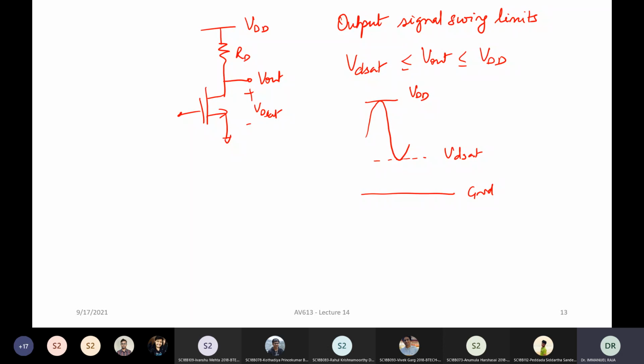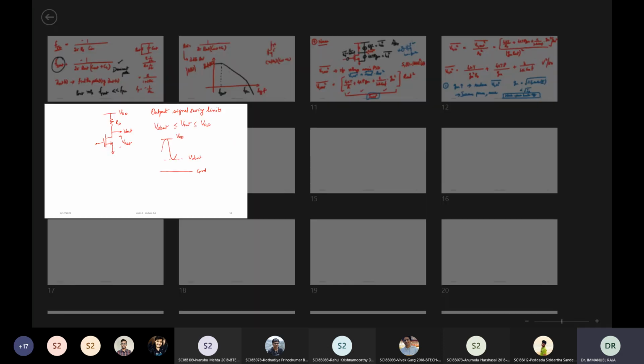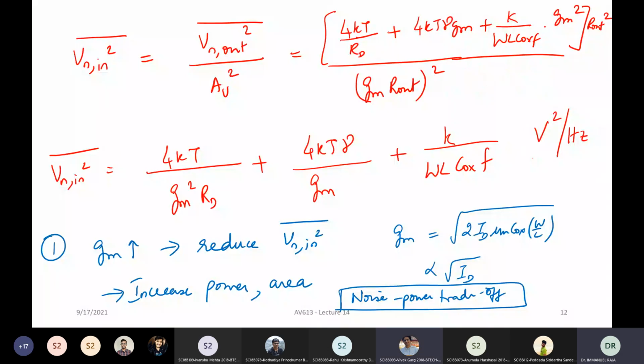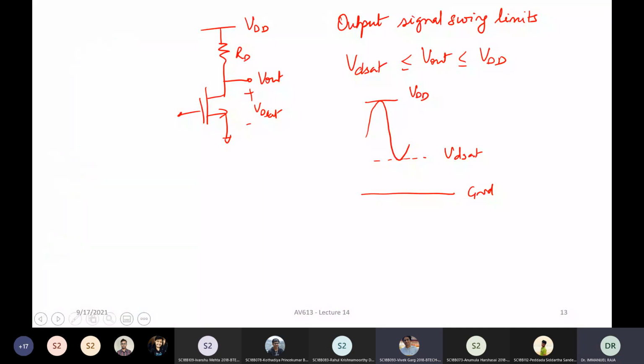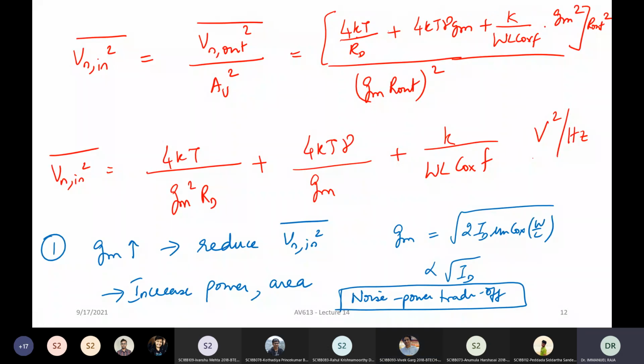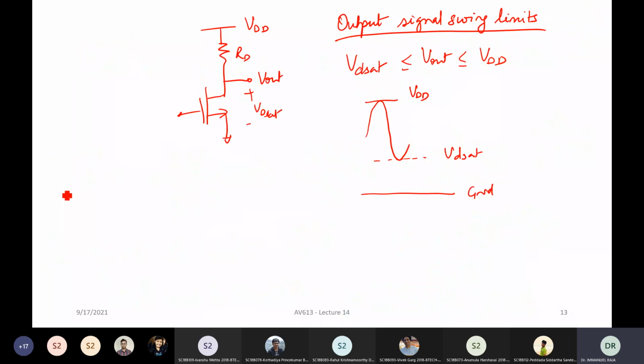All right. Now, in practice, it may not be possible for you to go all the way very close to VDD. You might be slightly lower, but nevertheless, at least on paper, you can say that you can go up to VDD. Now, yesterday we started looking at the trade-offs. Sir, that is an output signal limit, right? So not input. Yes, yes. I said output signal swing limits.